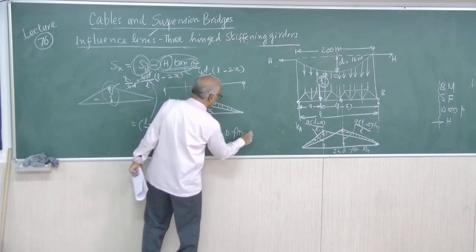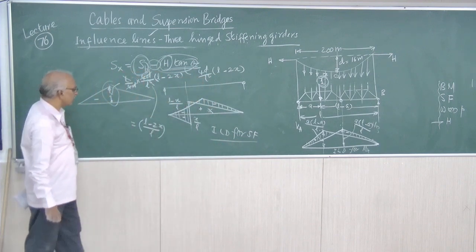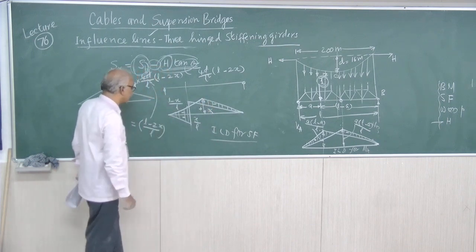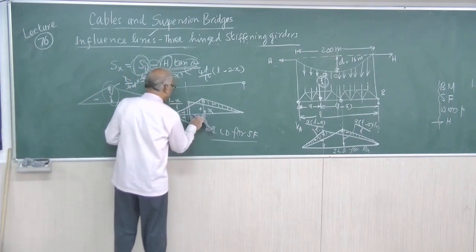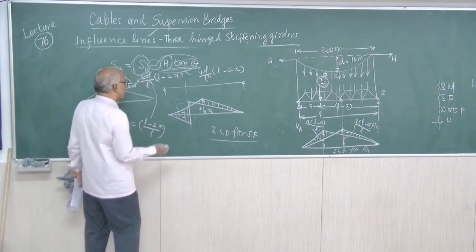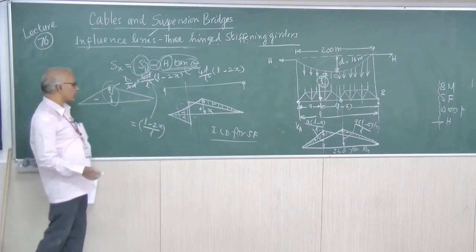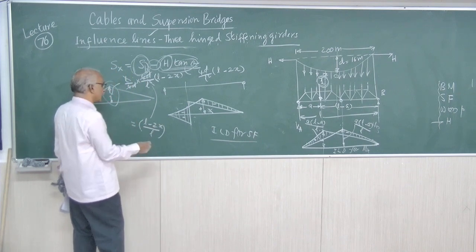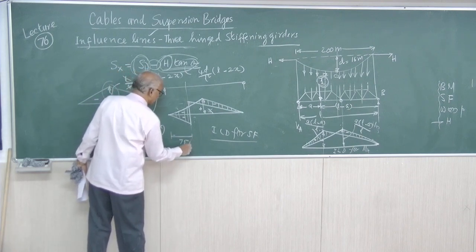This will be the ILD for shear force at a section, so we will have to get these ordinates. After calculating the values of x by L, L minus x by L, and this ordinate, this is the ILD. Now, in the earlier lecture we completed one problem with a load of 450 kilonewton at 40 meters from one end. Now we are interested in getting the shear force at the section G, 75 meters from one end.